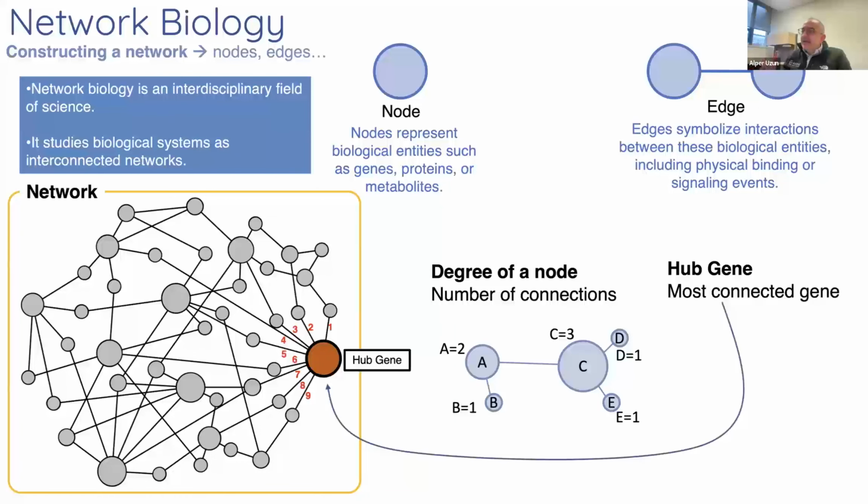But then there's another concept we call a hub gene, the most connected one. Here there are 9 interactions or connections, so we can call this node a hub, but it doesn't have to be one node per network. There may be several hubs in a network. And in systems biology or network biology, when you knock down the hub, most likely you may knock down the system as well. It doesn't necessarily, but it depends on the connections, of course. And if you have several hubs, then you need to target those hubs. I'm going to come back to this point for drug repurposing or drug targets in the next slides.